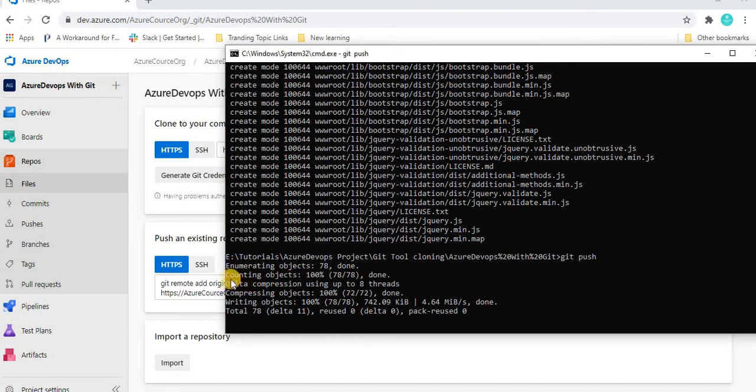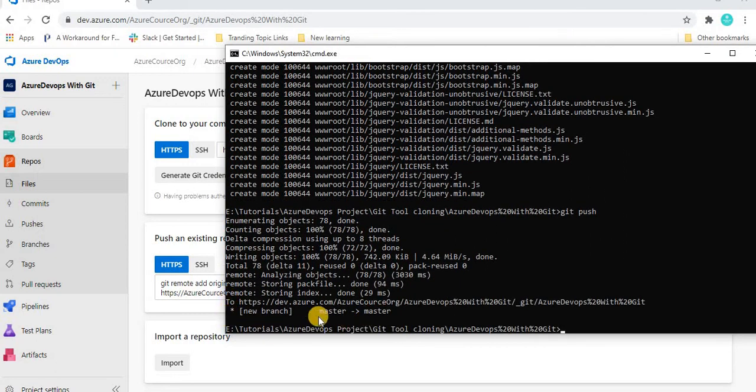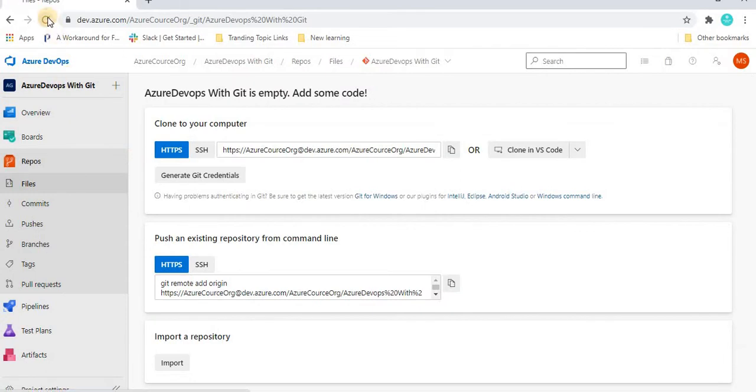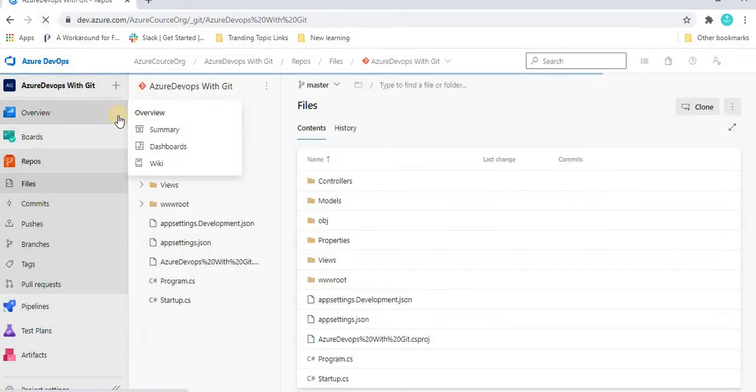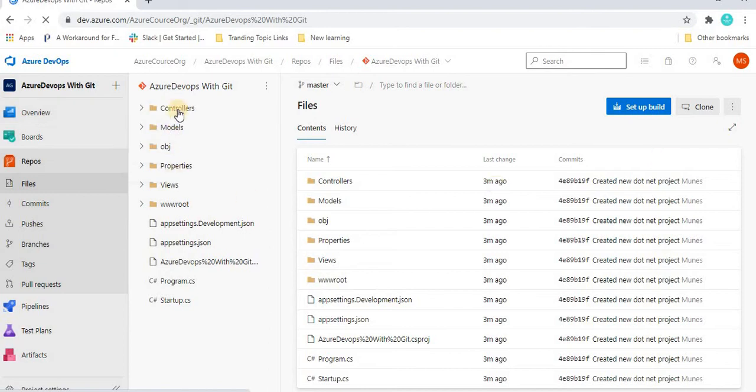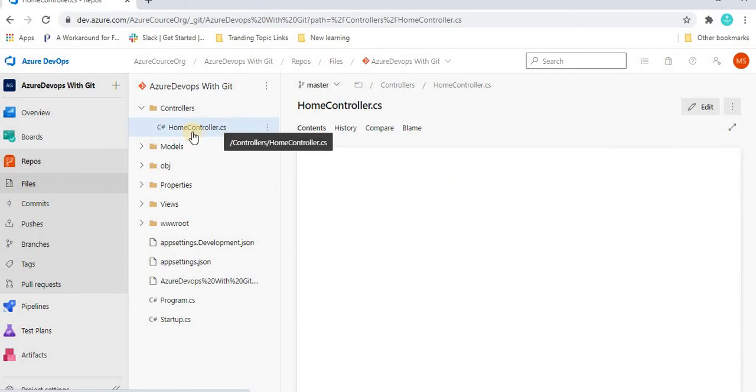Now we got the message that all the files are committed and synced with the portal, or we can say the Azure DevOps server. If I refresh now, let's see what changes it shows on the server. We can see the project which we created, showing controller, model, object. These are all the files created, and all those files are replicated into the files folder here. If I go into the controller, it created one controller class called